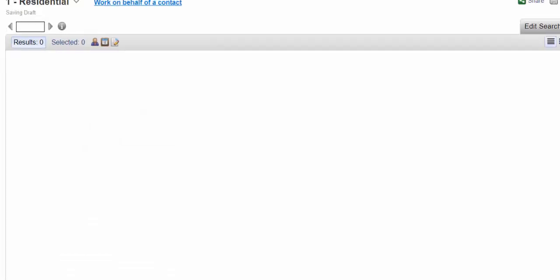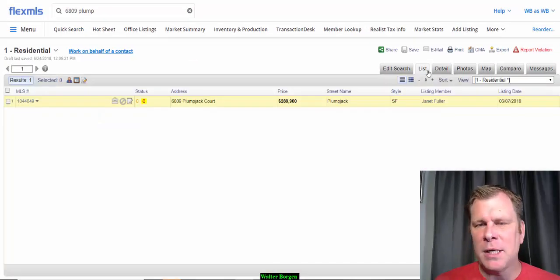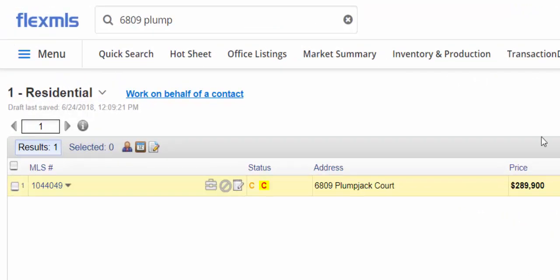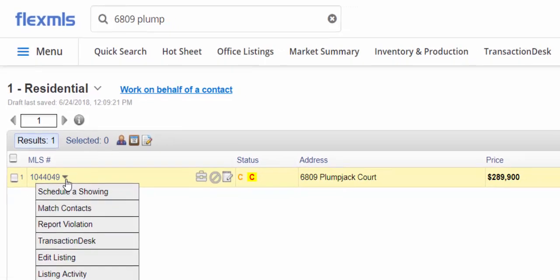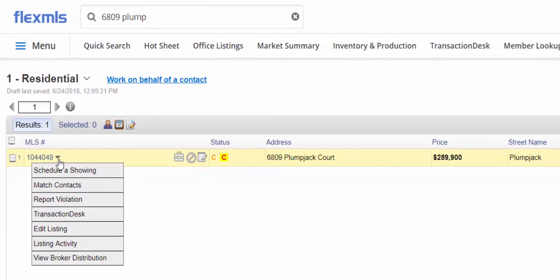When we get that listing, we're going to click on List. And when we click on List, here's the critical part, and you can do this on any listing in the MLS. Next to the MLS number, you'll see that there's a little drop-down arrow, and that little drop-down arrow is going to open up a menu. And there's a couple things you can do with that menu. Now, the 2 that we're going to focus on from here are going to be the Match Contacts, which is a very powerful tool that we're going to go over next, and the other one is going to be listing